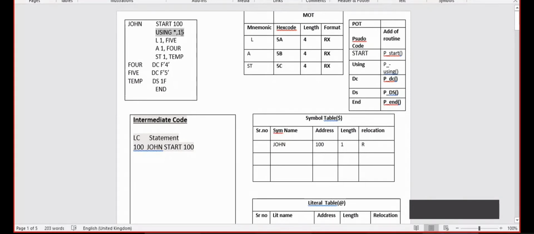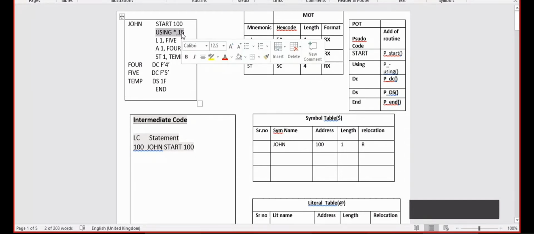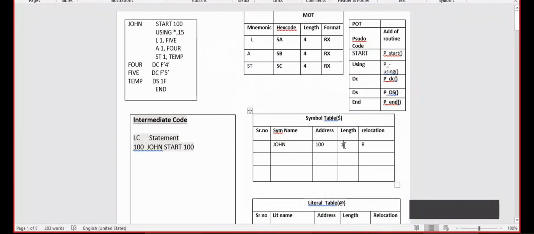The second line of our program is USING star comma 15. Our first task is to check whether that entry is present in the POT table or not. Yes, USING is present in the POT table, and the length of this symbol is 0.